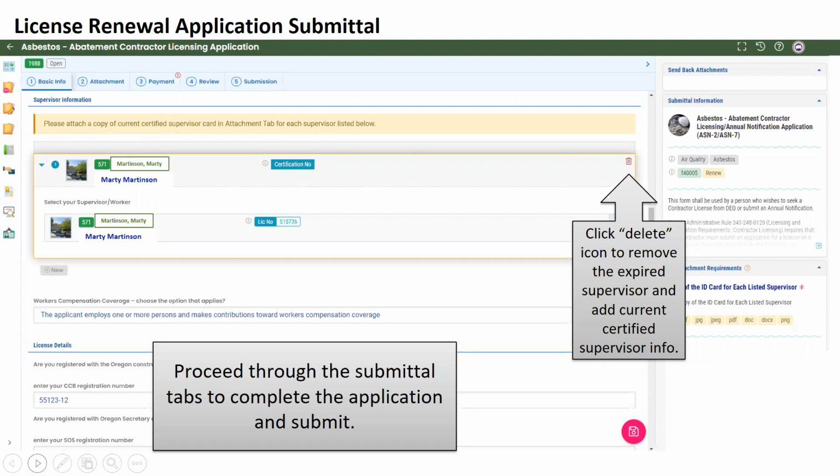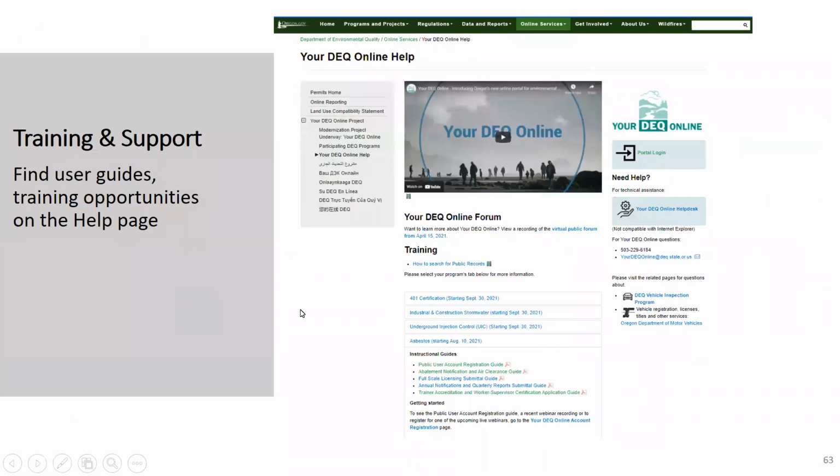So make sure you update any information on the application renewal license. And then again, proceed through the tabs as you normally would, submitting the payment, click and save, and then submitting the form. As we mentioned at the beginning, there are many things available as far as training and support for this new system.